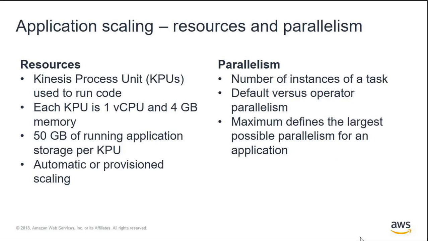So, application scaling, and I alluded to this a little bit when we brought up monitoring or parallelism. But the way scaling works within Amazon Kinesis Data Analytics, it builds upon some core Apache Flink constructs, notably parallelism. This describes the number of instances per task. So if you have a key by operator and you set it to a specific parallelism of, say, 10, that's the number of instances of that operator running.